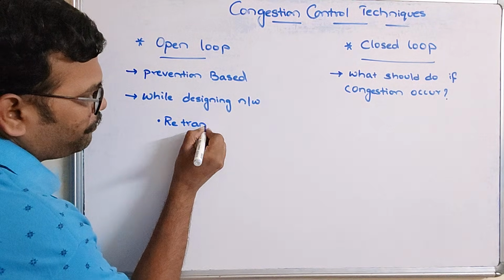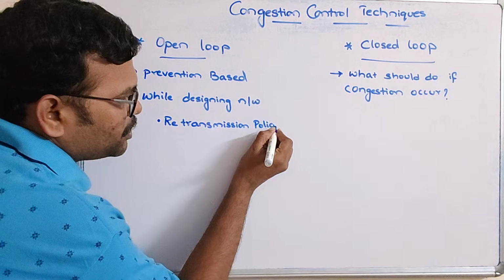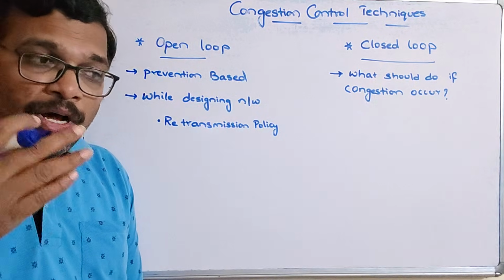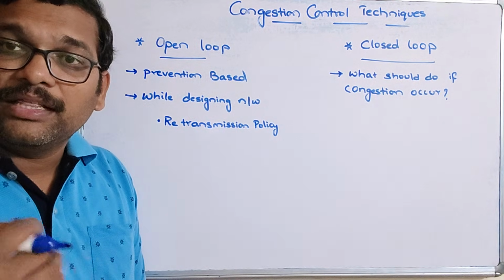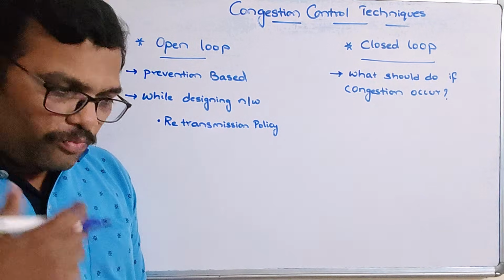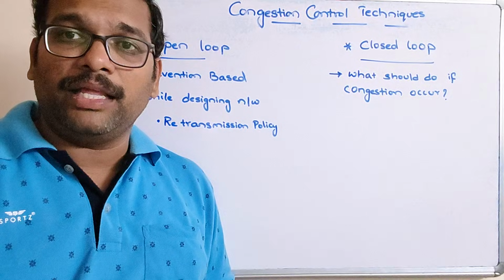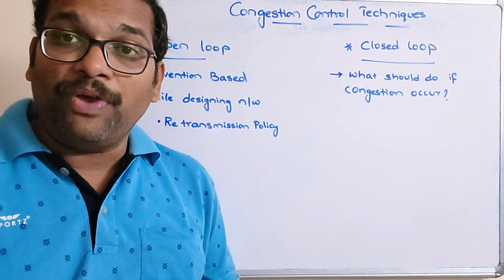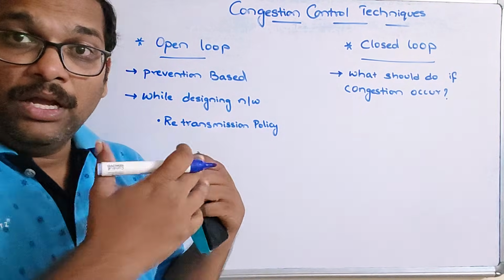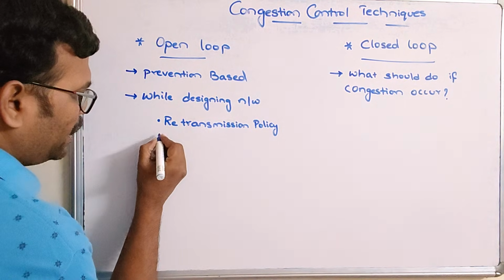retransmission policy. The name itself indicates it: the retransmission policy means, once the data packet has been lost, when and where the retransmission should be done. We know that if the data packet is lost during the transmission, the same packet should be retransmitted. So when that retransmission should be done is called the retransmission policy. All these policies will be decided before the design of a network. And the next one,